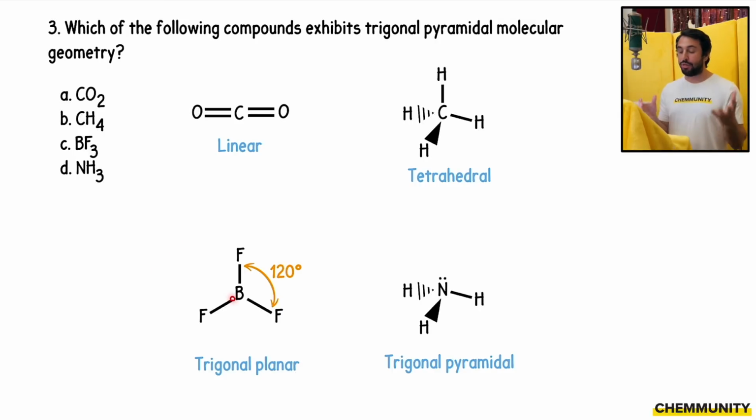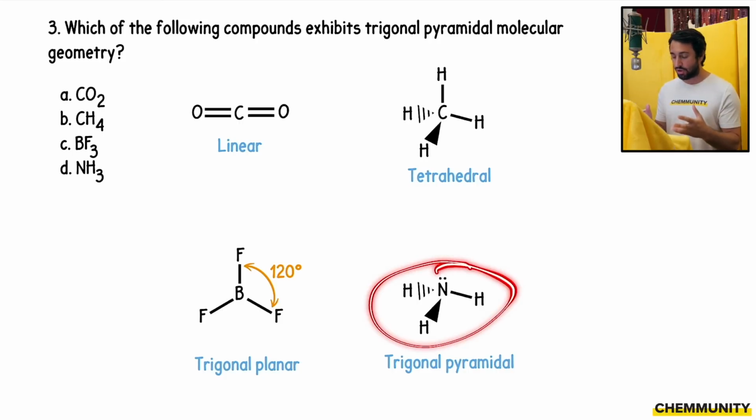Boron is surrounded by 3 electron domains, and the furthest apart that these 3 electron domains can get from one another is by adopting this trigonal planar configuration where they have 120-degree bond angles. That is the farthest away that those 3 groups can be. But with ammonia, we have that 4th electron domain because the nitrogen atom has a lone pair, unlike the boron atom. So that's a 4th electron domain, and that is what forces it to adopt this more tetrahedral-looking configuration, which,